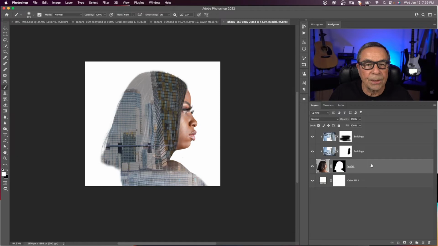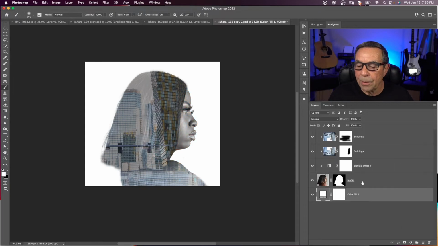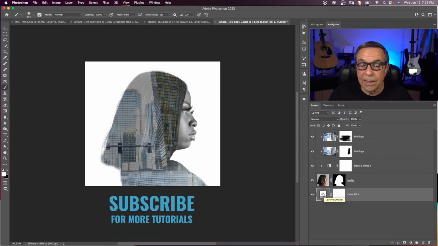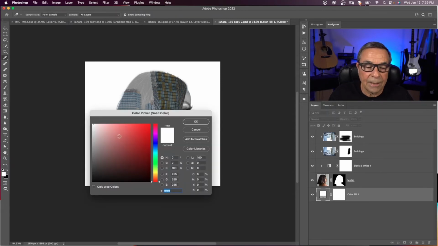With my model layer selected, I want to add a black and white adjustment layer. Now I'm going to make an adjustment to the background. Remember, I said it doesn't have to be completely white. It could be any color, but you want it kind of on the light side. So I'm going to click on the color fill right here and choose something that's a little bit darker